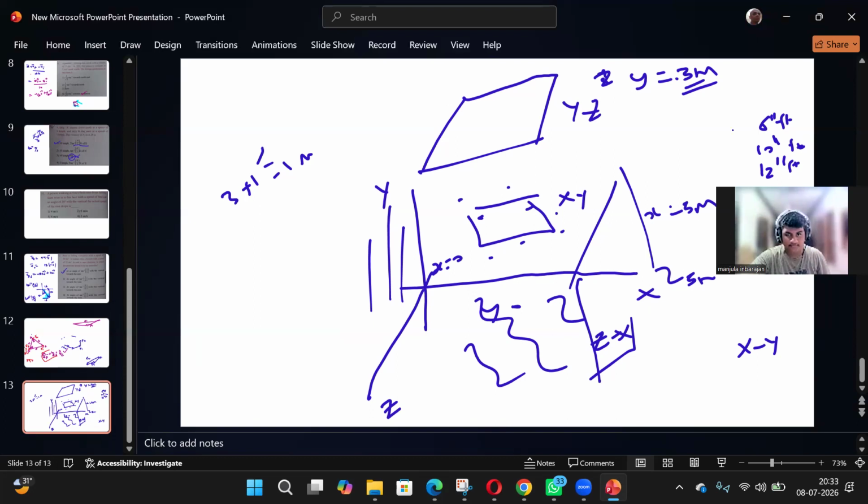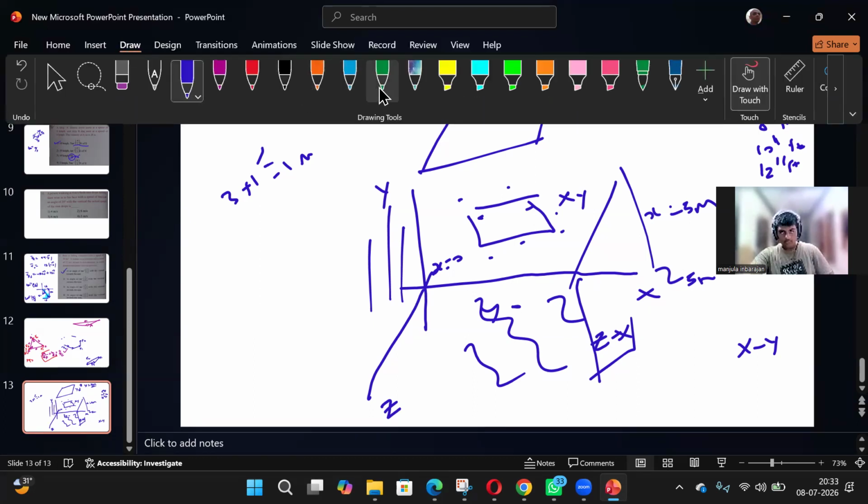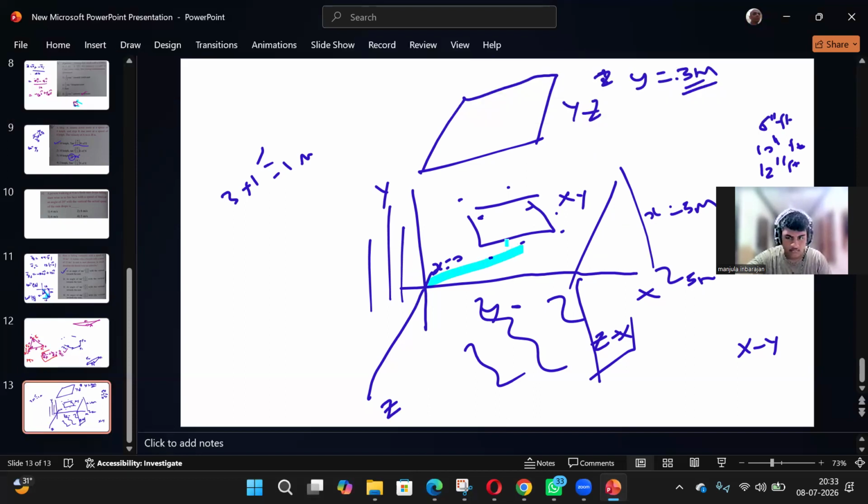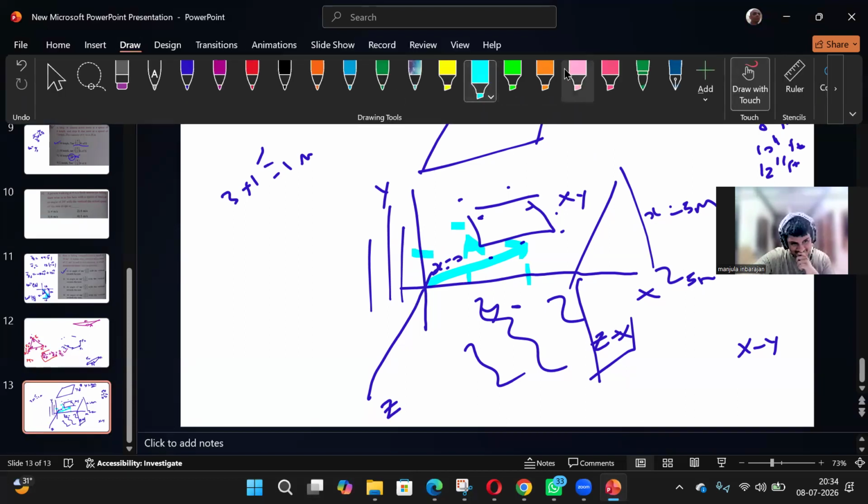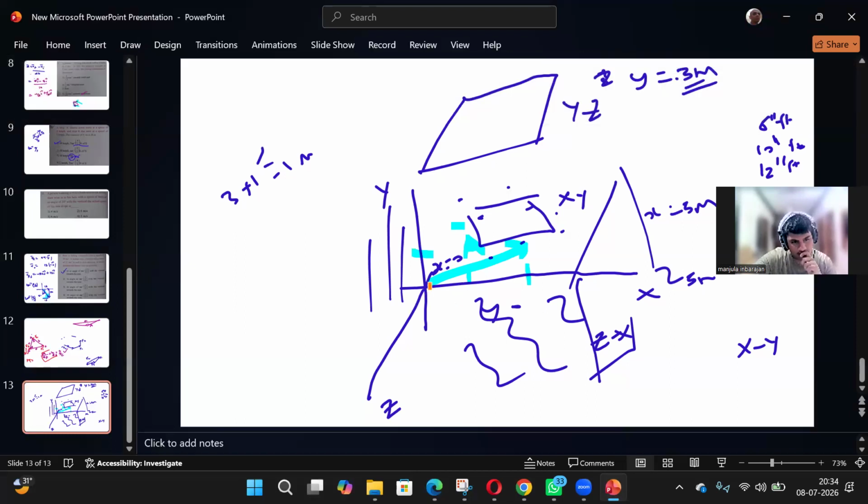So what I want to say is, take your vector in one particular plane, for example this vector in the xy plane. I can split it into two components. This angle is theta and the vector is a. So a cos theta is the i component, and a sin theta is the j component. Similarly I can have a vector in the yz plane. But if I have a vector which is not in the plane, but in an arbitrary direction, like this,